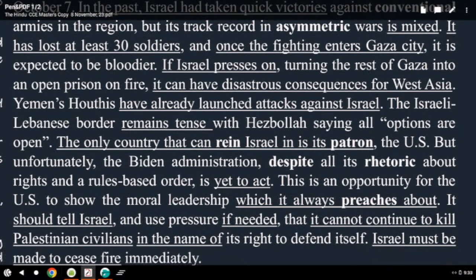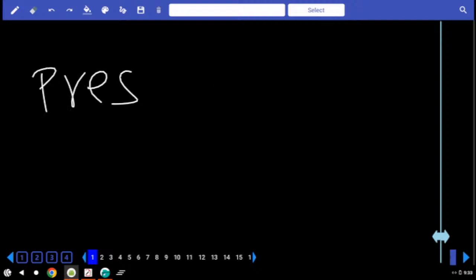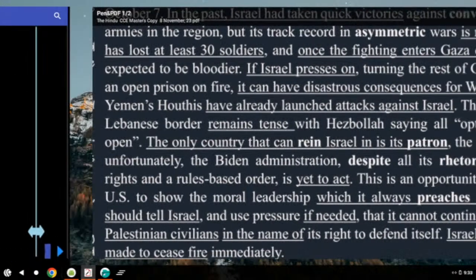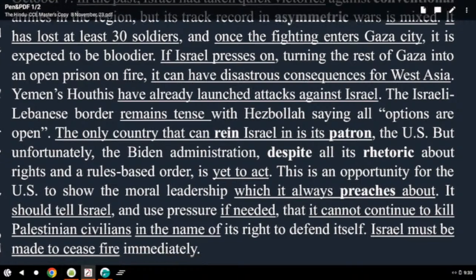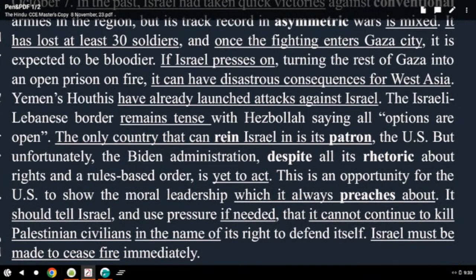That is inevitable. If Israel presses on, already underlined, press on. Write the meaning of the phrasal verb press on. Press on means insist. If Israel presses on, if Israel insists, that's what it means. Presses on what? If Israel presses on, turning the rest of Gaza into an open prison on fire, it can have disastrous consequences